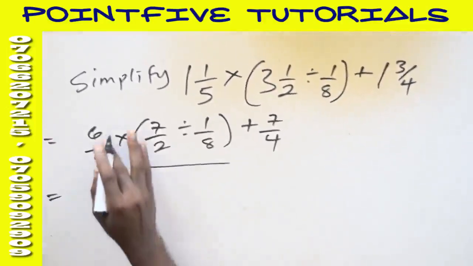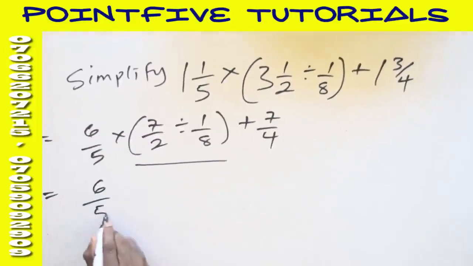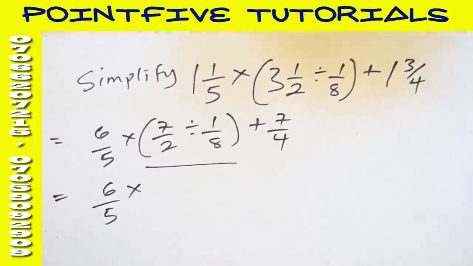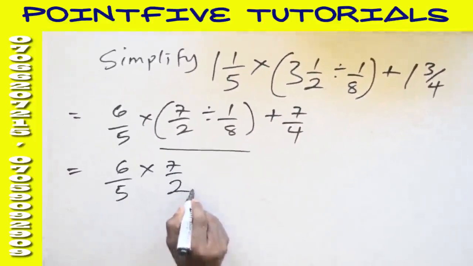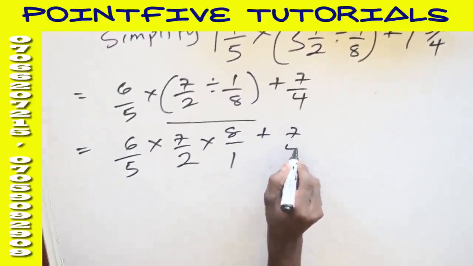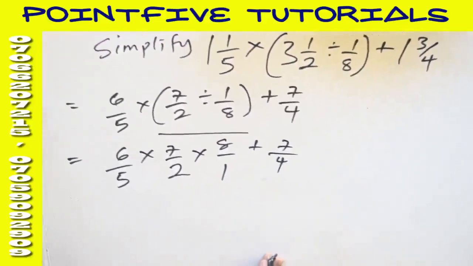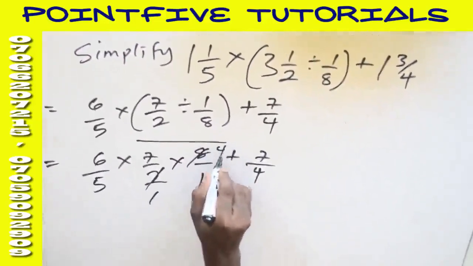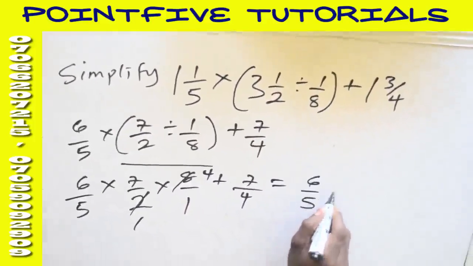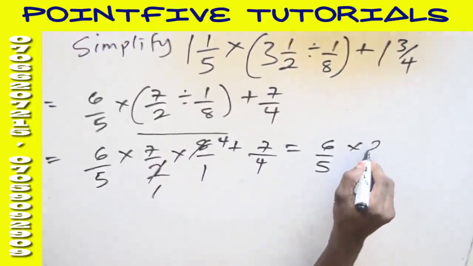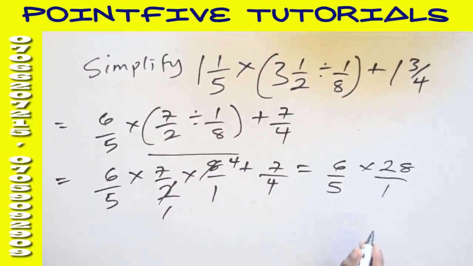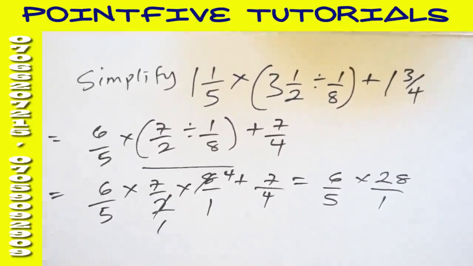When we consider it, we bring down these guys because they have nothing to do with our workings for now. Now, you discover that the middle one has division, so division changes to multiplication. When you change this, there will be inversion: 1 over 8 will flip with this 7 over 4. So 2 will cancel 4, 2 will cancel 8. We then have 6 over 5 multiplied by 7 times 4, which is 28 all over 1, plus